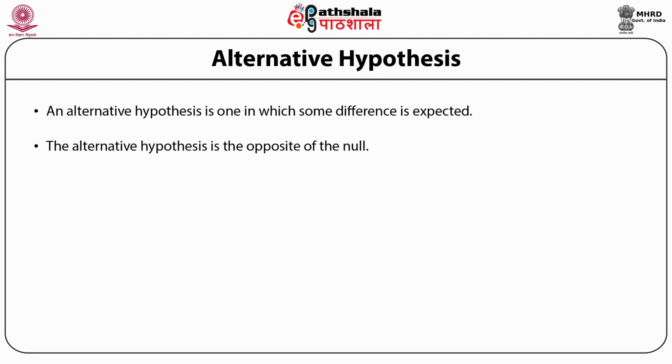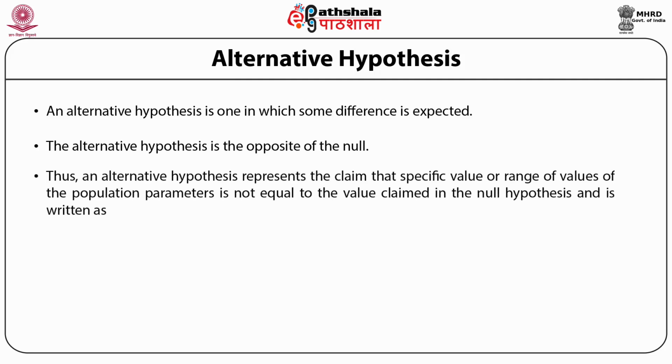Thus, the alternative hypothesis is just the opposite of the null hypothesis that we have just discussed. It is denoted by HA. It is the counterclaim or statement made against the value or range of values of the population parameter. Thus, an alternative hypothesis represents the claim that a specific value or range of values of the population parameter is not equal to the value claimed in the null hypothesis and is written as HA, that is, alternative hypothesis mu